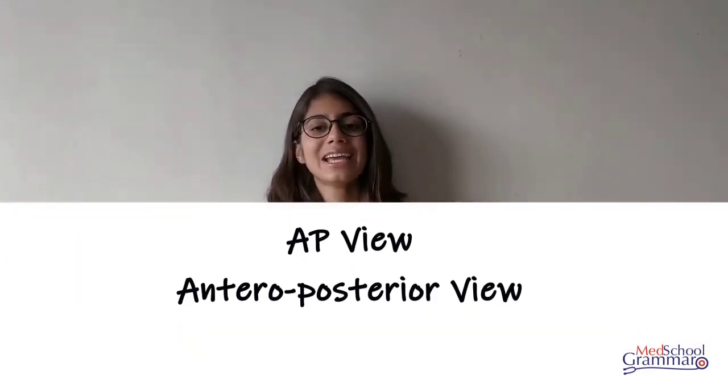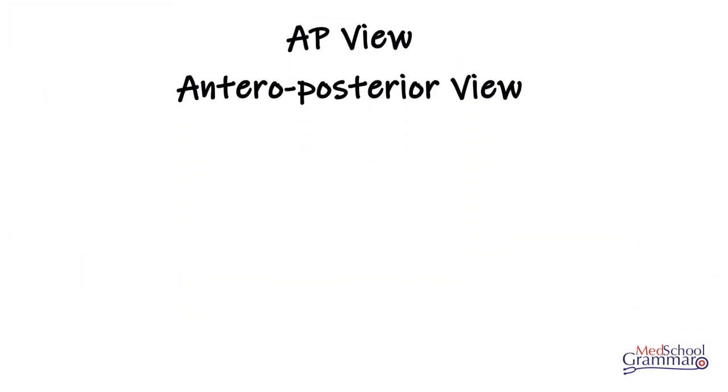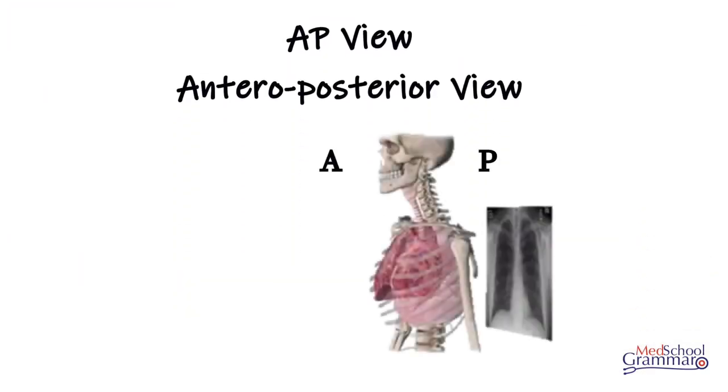Based on the position of the subject with respect to the X-ray tube and the X-ray film, there are various views, so to say, of the radiographs. The first is the AP view or antero-posterior view, in which the subject is placed with the X-ray tube facing its anterior aspect and the X-ray film on the posterior side. So the X-rays go from the anterior to the posterior side. In this view, it is the posterior aspect of the subject that is projected onto the film.